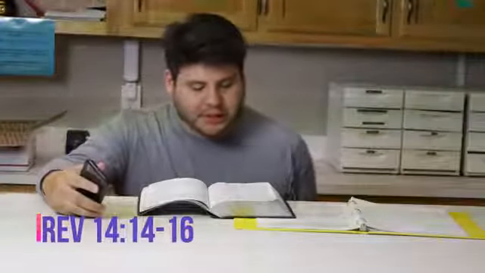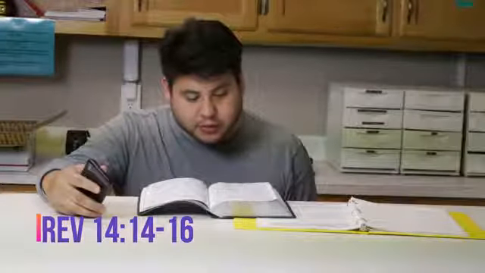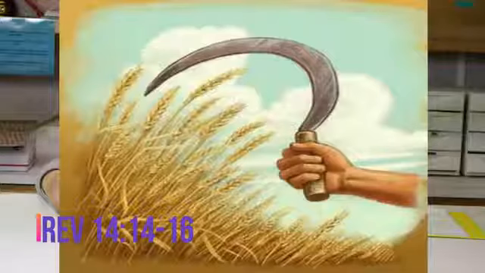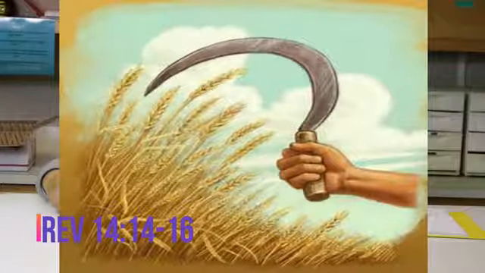So, really beautiful sight right there. You've got the comparison again from chapter 13 to chapter 14. Big things are happening right here in what's being shown to us. All right, let's jump into verse 14. It said, "Then I looked, and behold, a white cloud. On the cloud sat one like the Son of Man, having on his head a golden crown, and in his hand